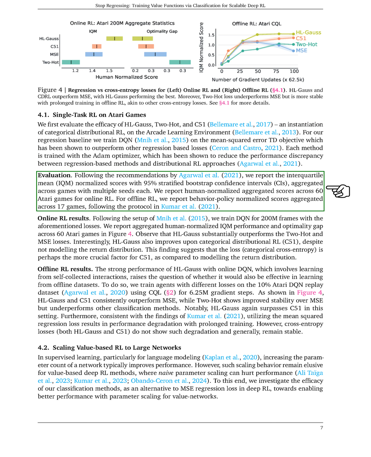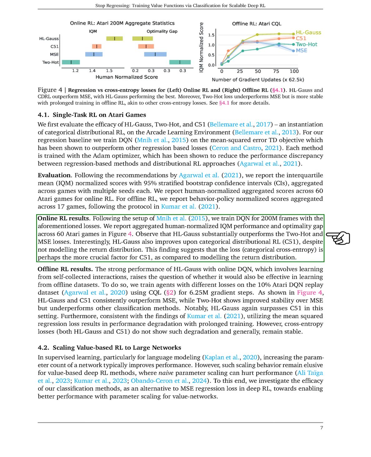We evaluate our methods based on the interquartile mean, IQM, of normalized scores, with confidence intervals calculated using stratified bootstrap, across multiple games and seeds. Our results show that HL Gauss not only outperforms Two-Hot and mean squared error losses but also does better than C51, indicating that the choice of loss function might be more critical than the specific modeling of the return